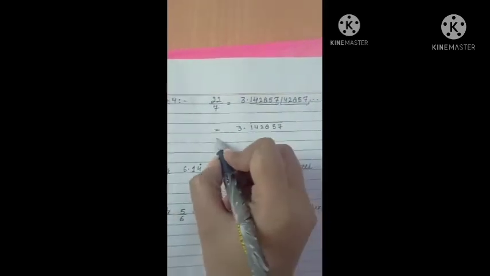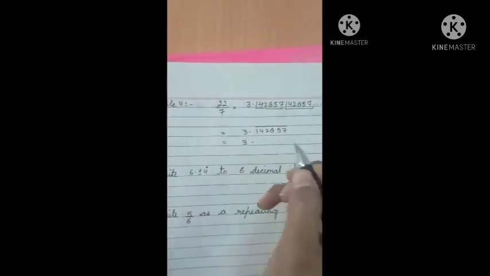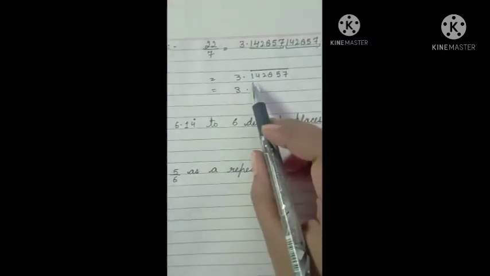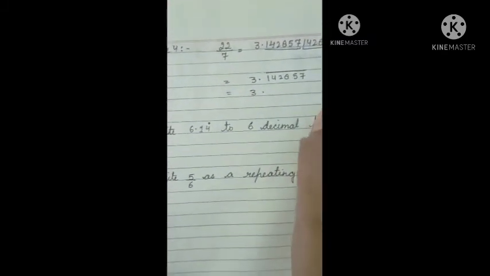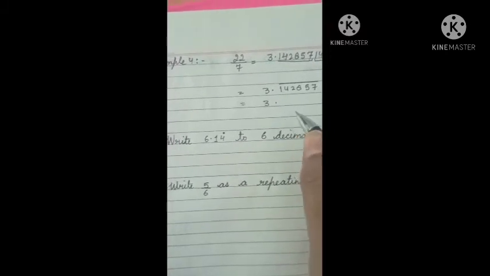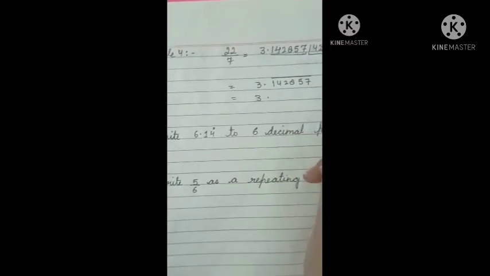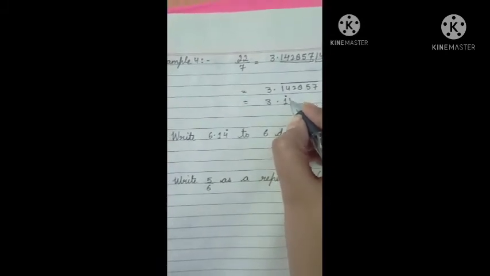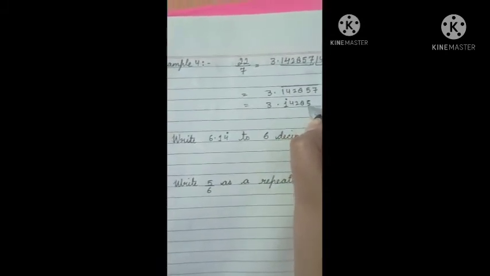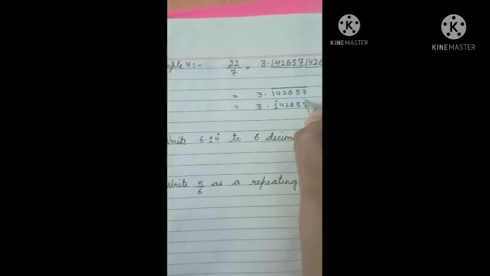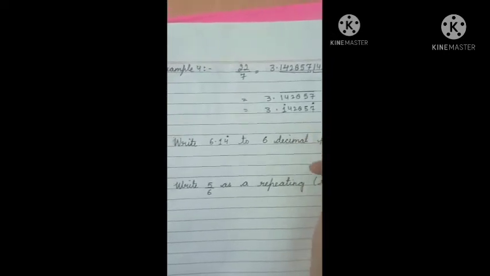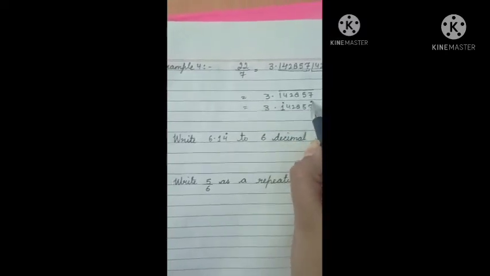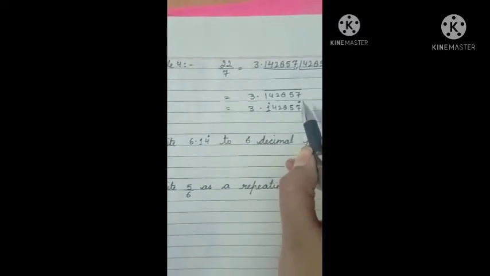Okay, we can place a dot also, right? How do we put the dots over the repeating part? See, we put a dot over the first and the last digit of the repeating part. So we put the dot over 1 and we write the number as it is and we put the dot over 7. So this tells us that this entire part is repeated. Clear?